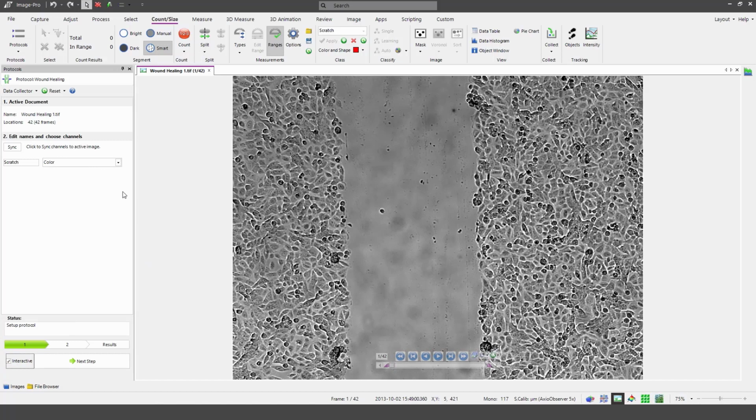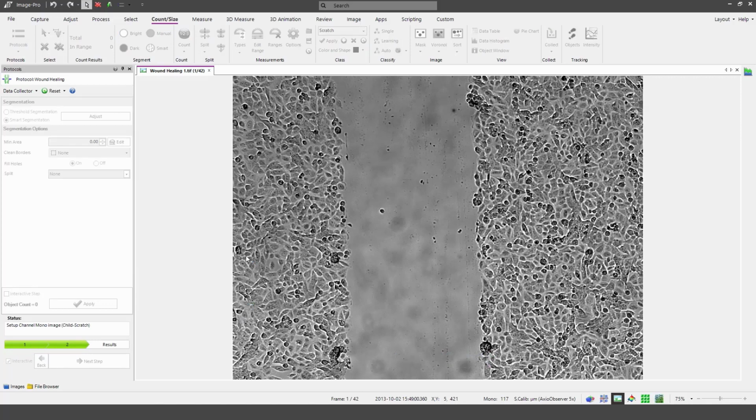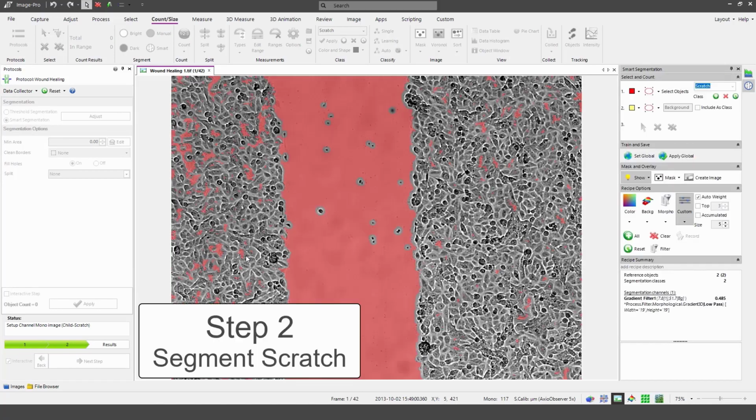Now, in order to set up the protocol, I select Interactive Mode. And the first thing I do is click on the Sync button. This ensures that the channels in the image match the channels in the protocol. And click on the next step, and we can go through step 2, in which we segment the area of